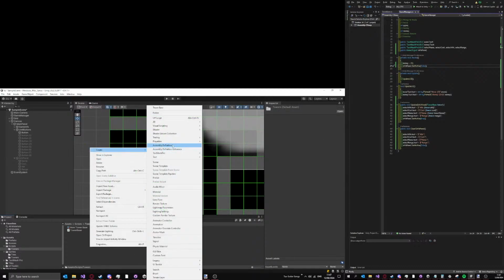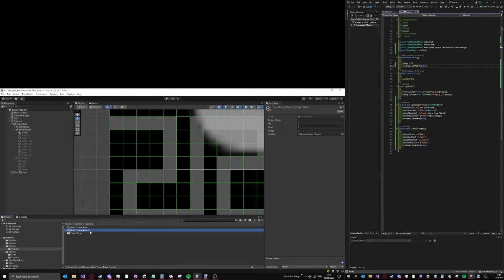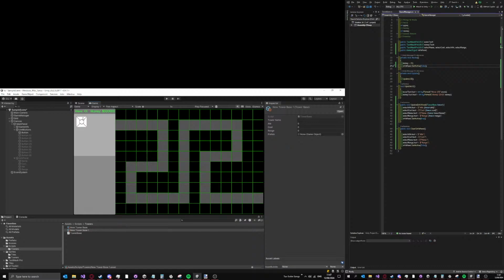You click on tower base, it creates a new tower down here. You fill in a name, attack, cost, range, and then give it a prefab. I've done this prefab thing here so that when you create the tower, you put the prefab in here so that when you click on this button, it pulls that info from here. So the button,